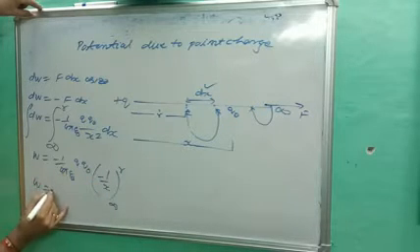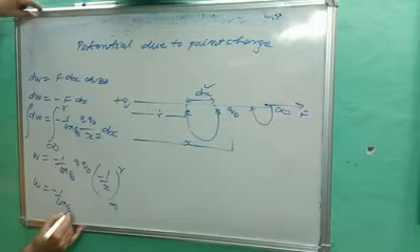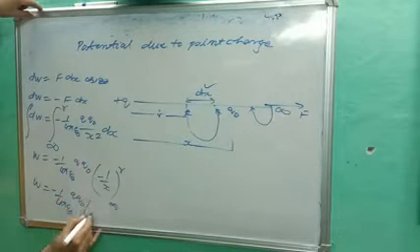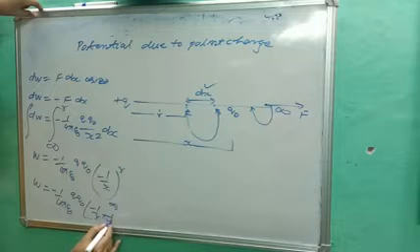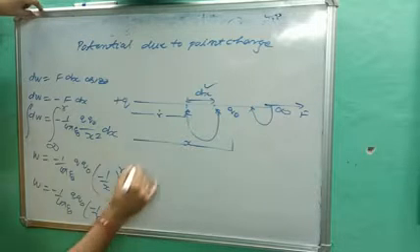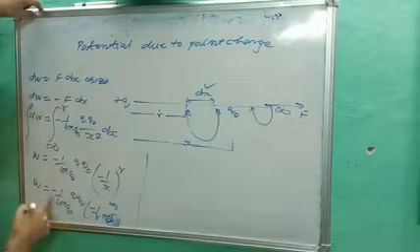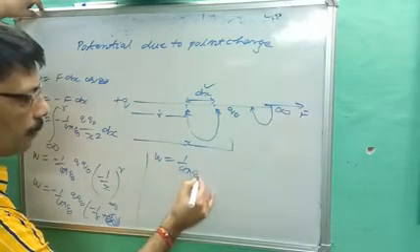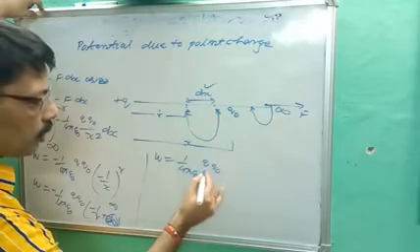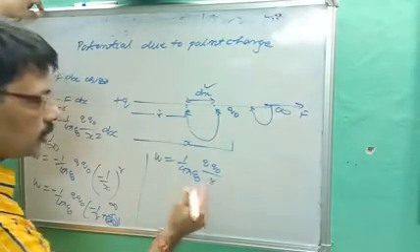So W is equal to minus 1 upon 4 pi epsilon naught Q naught times minus 1 upon R plus 1 upon infinity. It becomes 0, and we will get minus minus plus. W is equal to 1 upon 4 pi epsilon naught Q naught upon R. This is the work done.